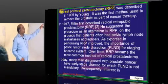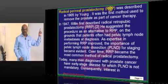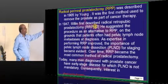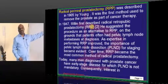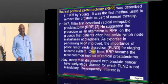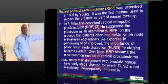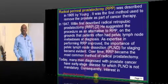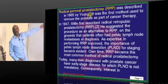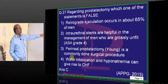So इसलिए इसका history क्या हो गया? The radical perineal prostatectomy was original prostatectomy discovered by Young 1905 में. 1947 में the radical retropubic prostatectomy was introduced and they said we will also do the pelvic lymphadenectomy. But once more we came to the modern era where early diagnosis of prostatic cancer is telling us there is no need of doing such a radical procedure, the original perineal prostatectomy is good enough. So इसलिए perineal prostatectomy